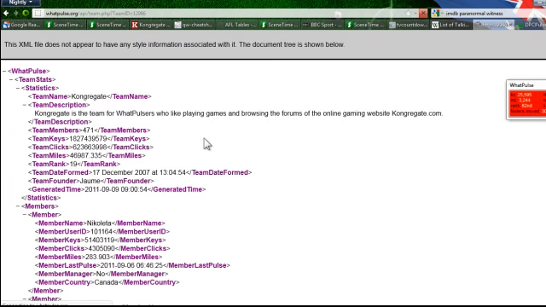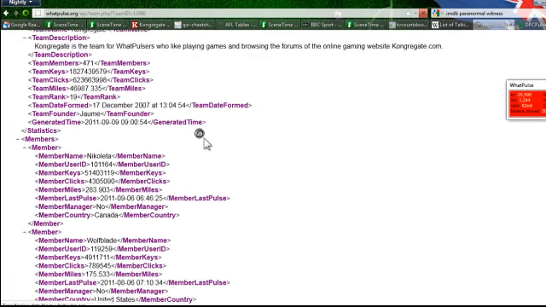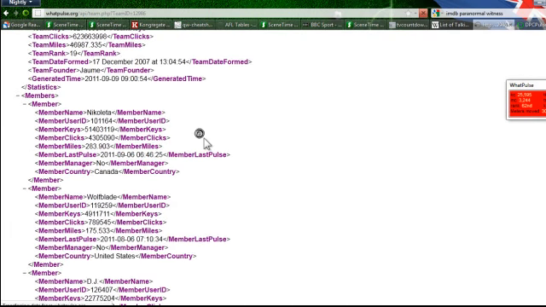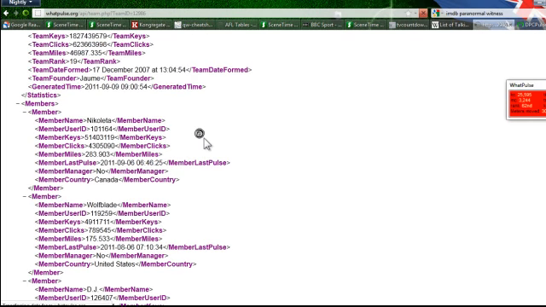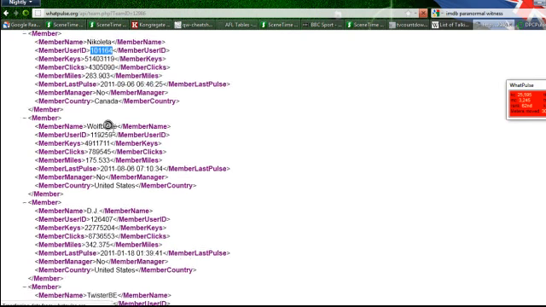There we go. It has a list of every single user in the team, their basic statistics, by order of join date. So, member user ID, you'll see, goes from 101,000 here,